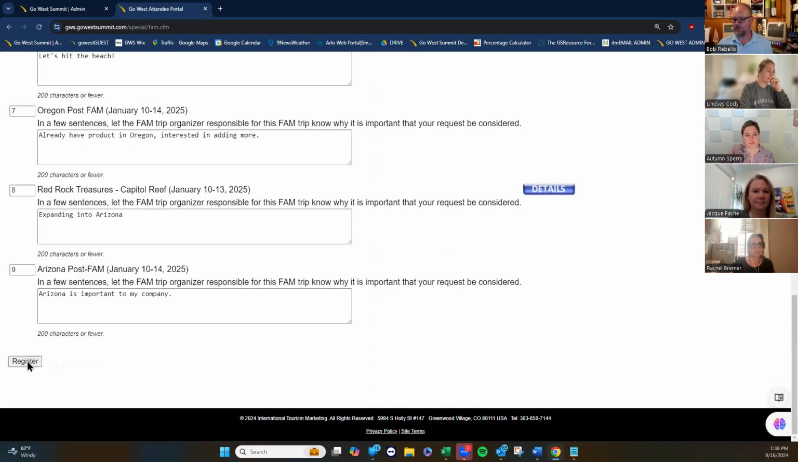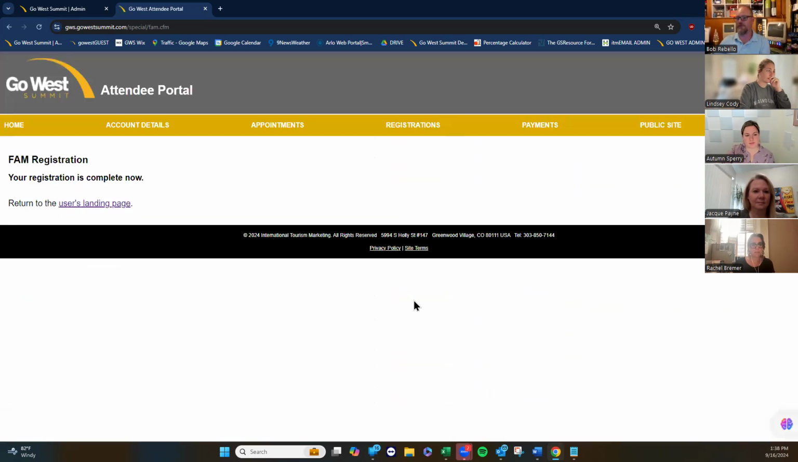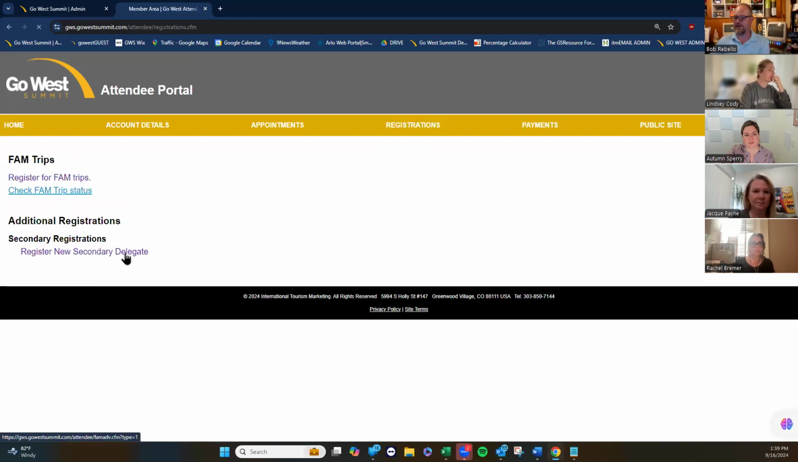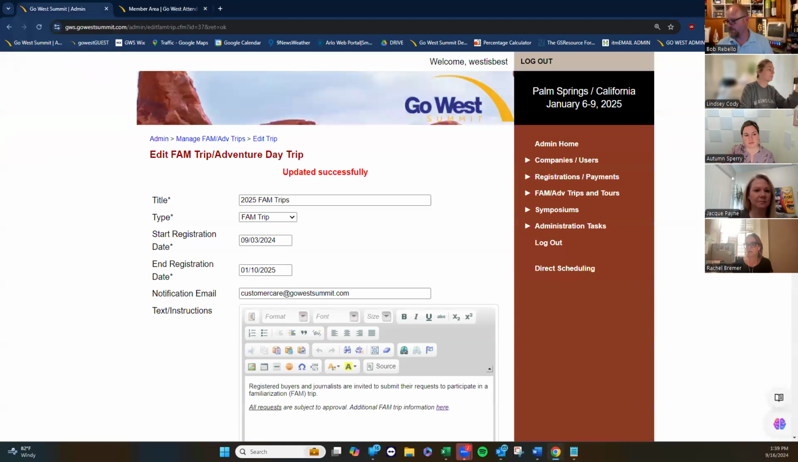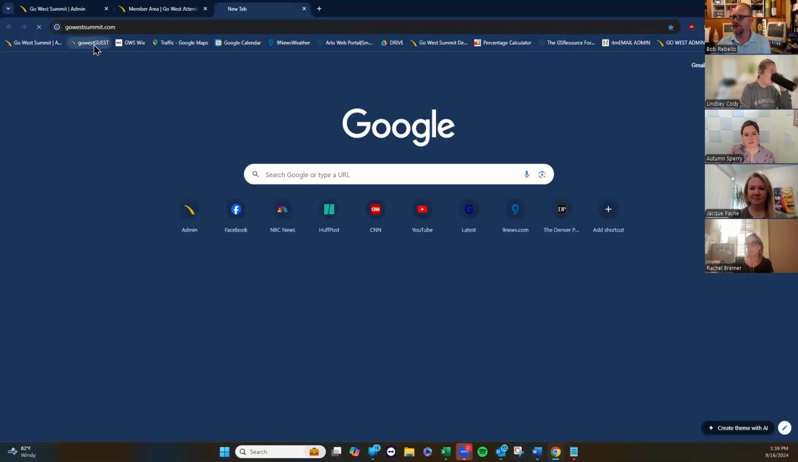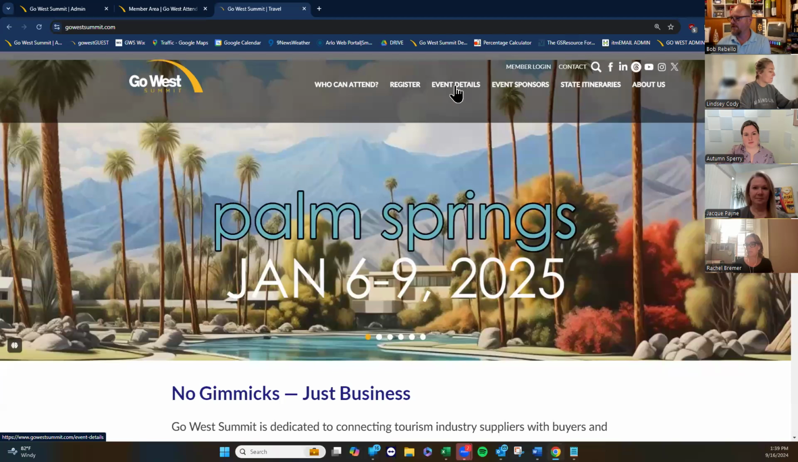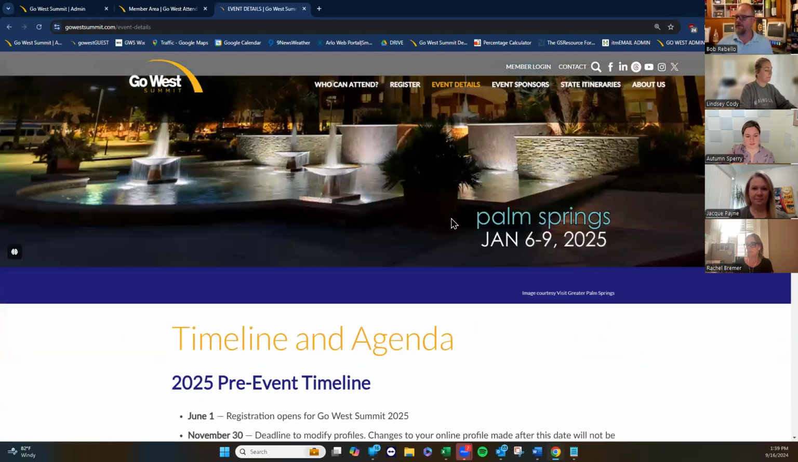So once you click register, the buyer gets a little confirmation, and then they can check their fam trip status if they want to. You see everything is pending. And of course, it's also available on the front side of the website as well,